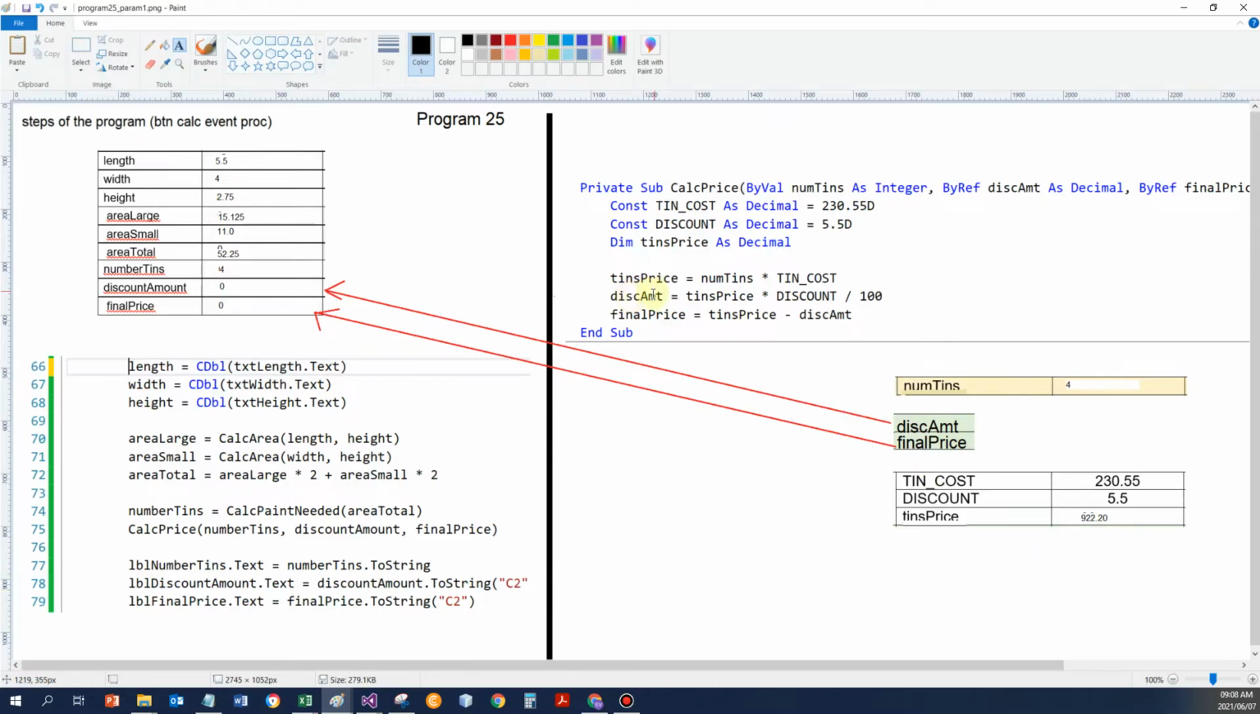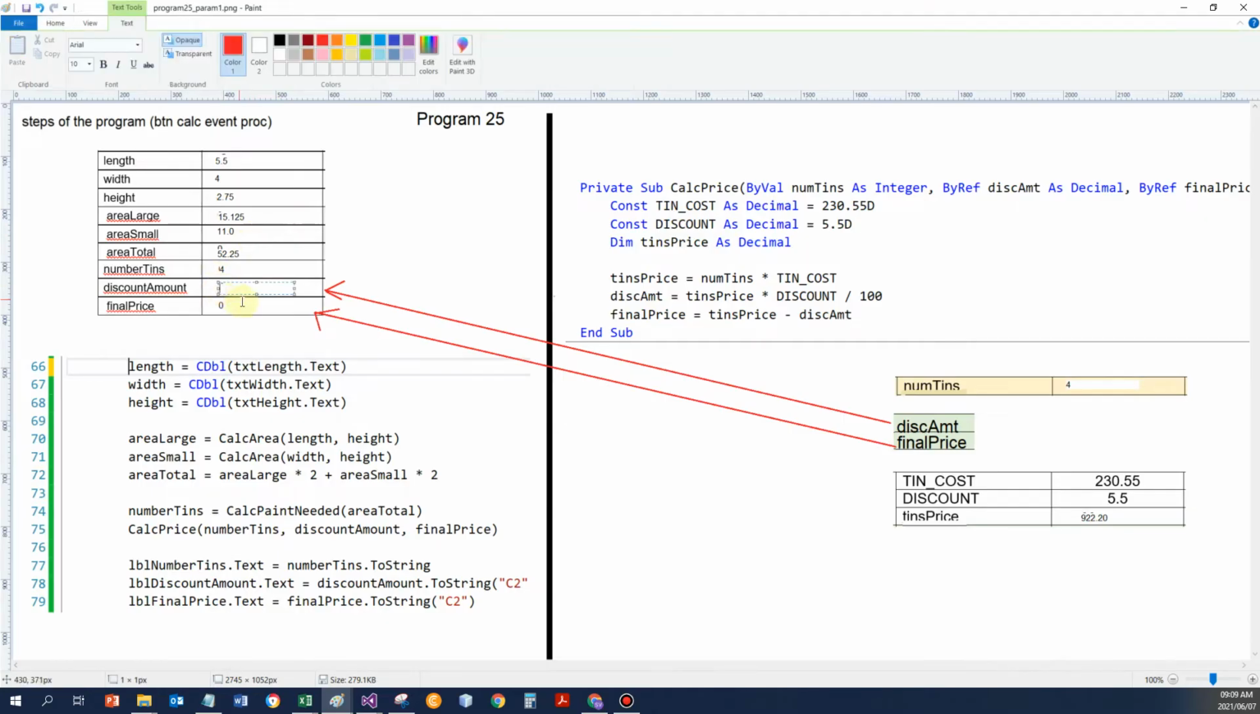Next, discount amount gets calculated. Take the discount tin's price times 5.5 divided by 100, and that calculates to 50.721. And now have a careful look. That gets stored